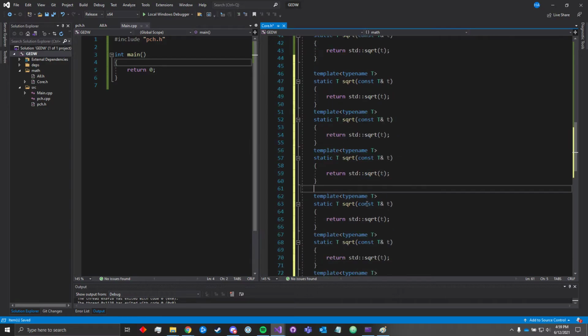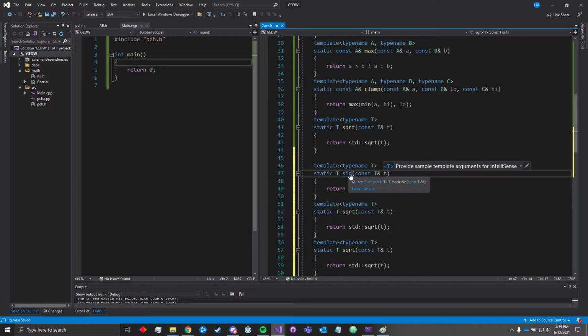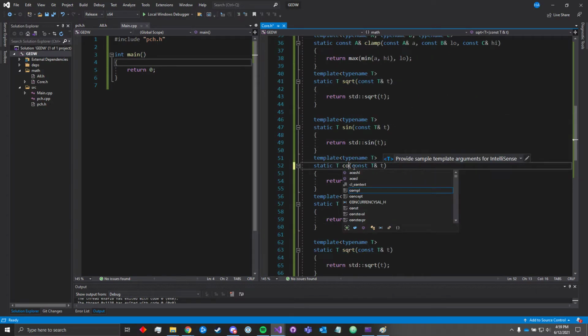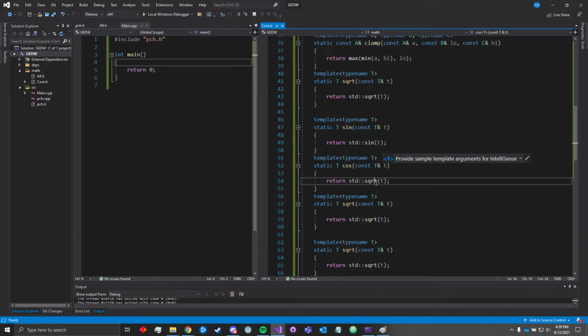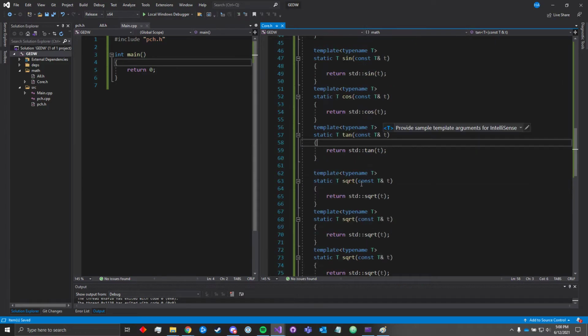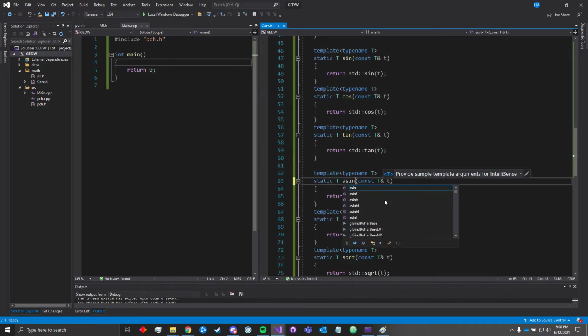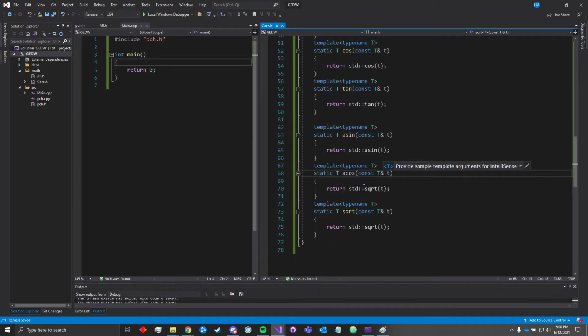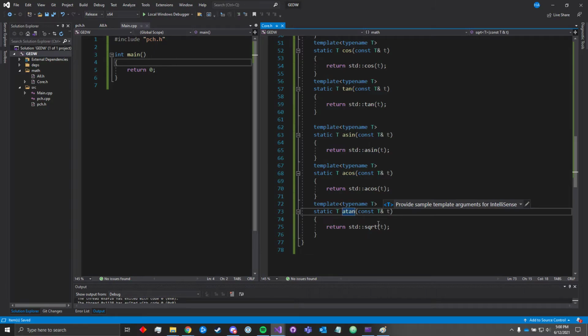Even I'm getting lost. Okay, so we have sine, cosine, and tangent. And once again, the reason that we're doing this boring work is just because at some point in the future, if it becomes helpful for us to change the functionality of these or the way they work or the code they call, it will be much easier for us to change all of